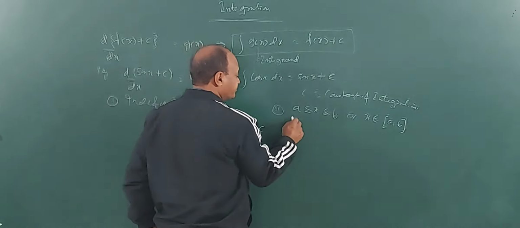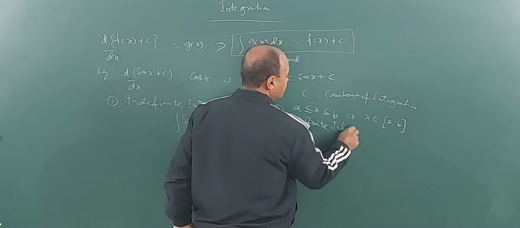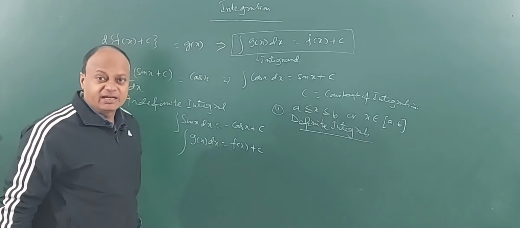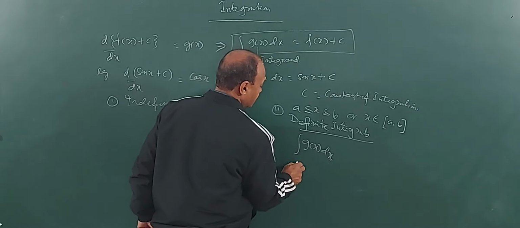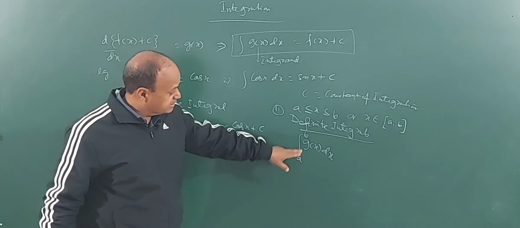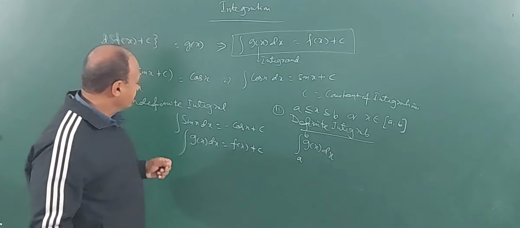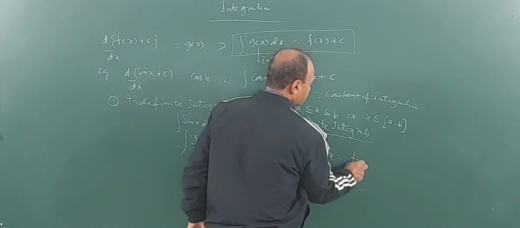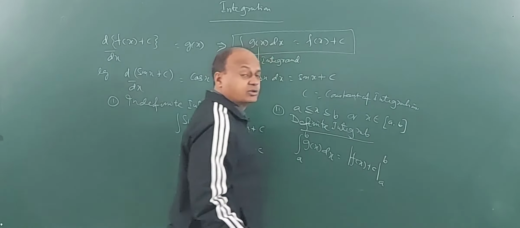Let's try to understand it. So what is definite integral? Definite integral is the one in which x can take values only within a certain specified limit, and then I'll be writing integral of g(x) with respect to x, and then I'll be writing from a to b. Remember, a is the lower limit and b is the what? Upper limit. So what we do is integration of g(x) is f(x) plus c. So obviously I am going to evaluate f(x) plus c from a to b.